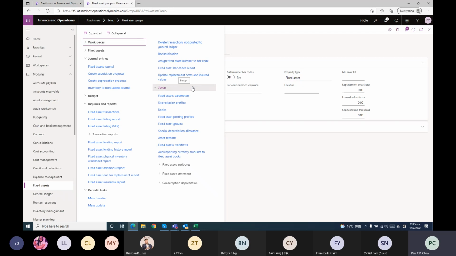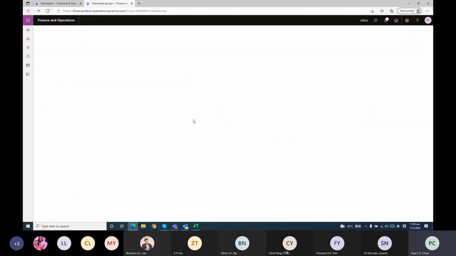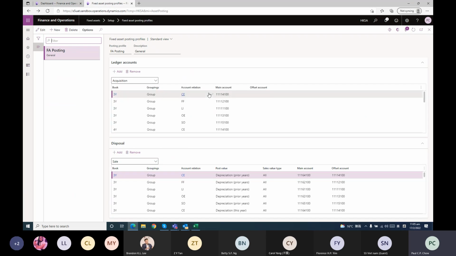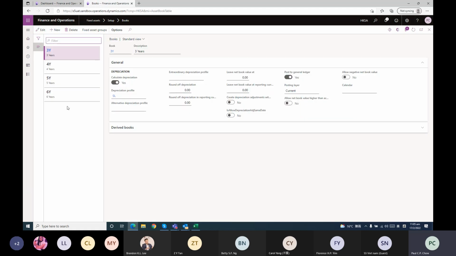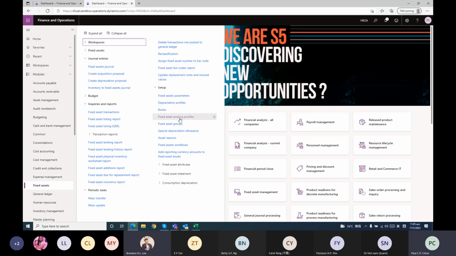And after we do this, the last setting will be the posting profile. The posting profile decides where the journal entry debit and credit go for different kinds of assets, like computer equipment. It will debit the IT equipment fixed assets account. And if you want to add a different depreciation year, like 7 years, you can first add it here, and then you